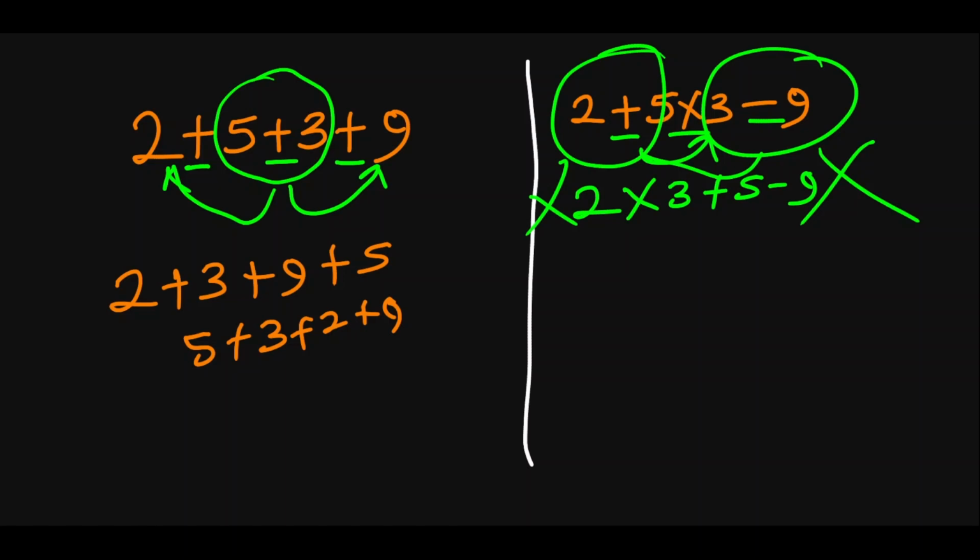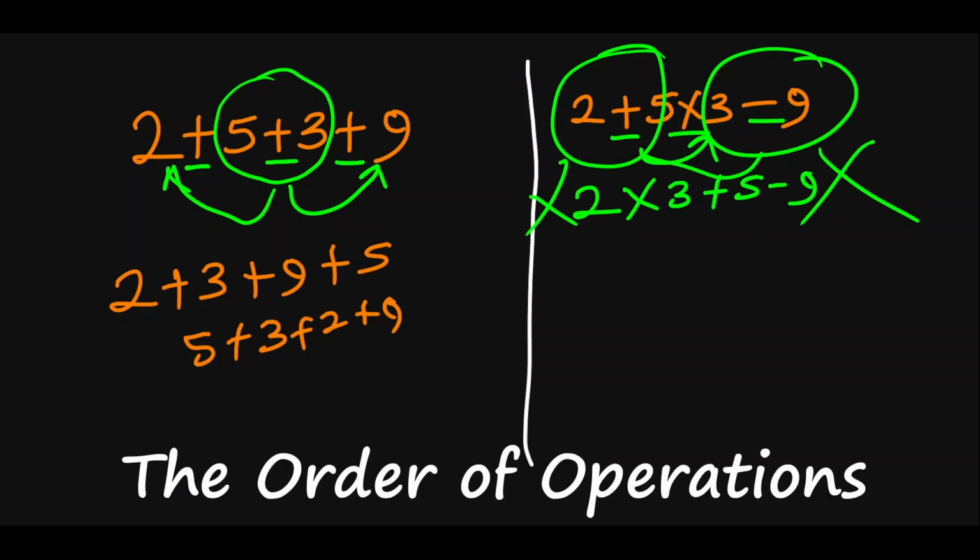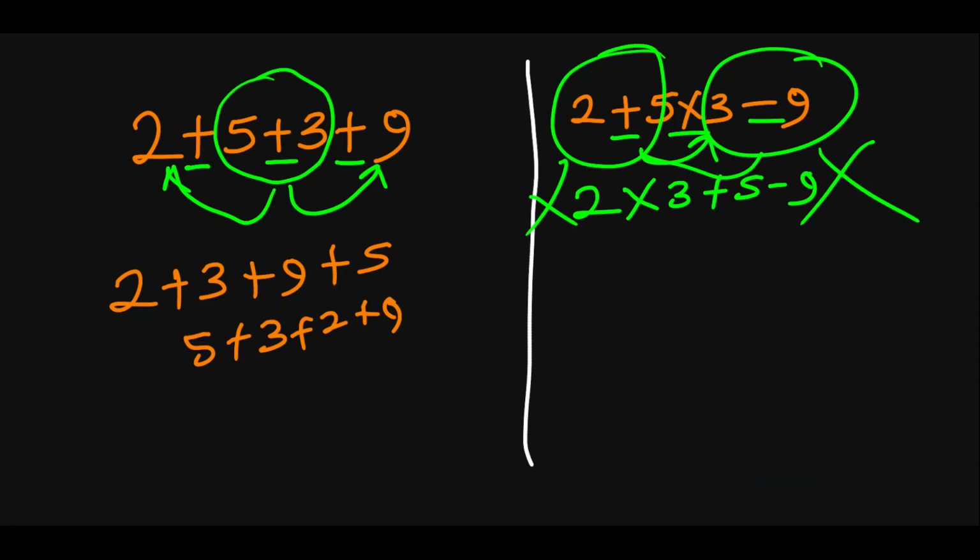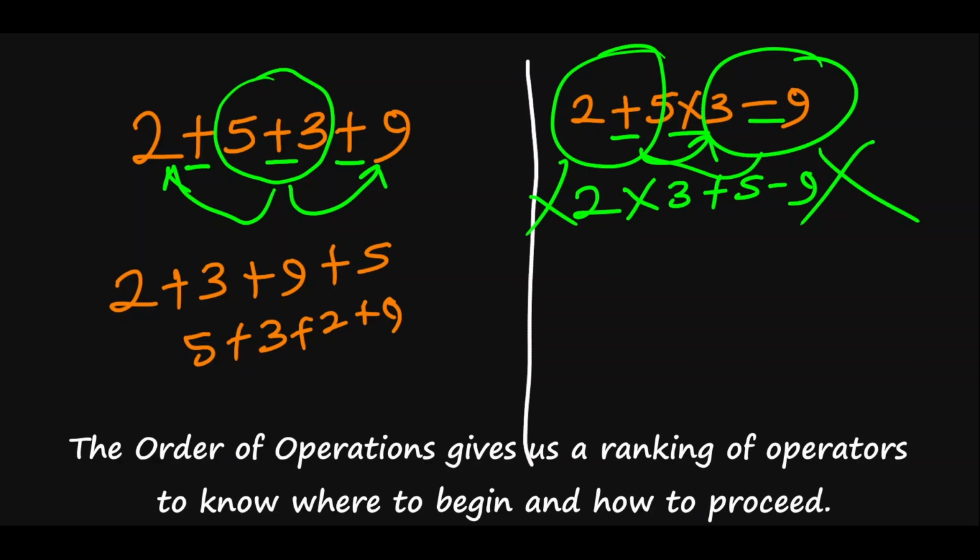Those guidelines or protocols or processes is what we call the order of operations. Exactly where the name comes from, order. That is the process of how operators or operations should go. The order of operations in mathematics is that guideline that tells us that if we see an expression that has more than one type of operator, we should solve a particular operator first before the other.